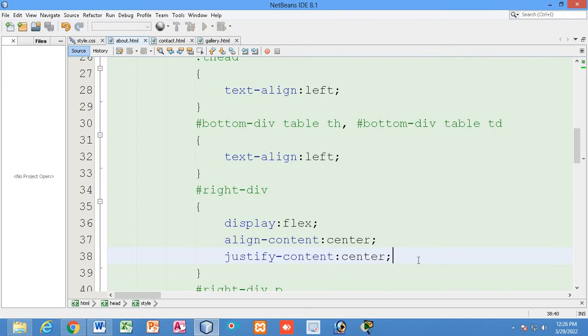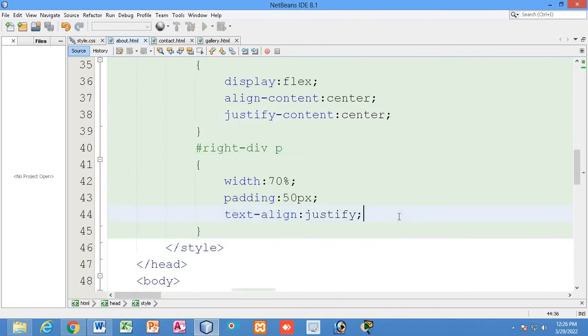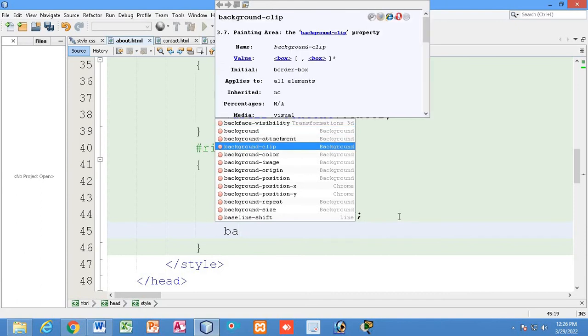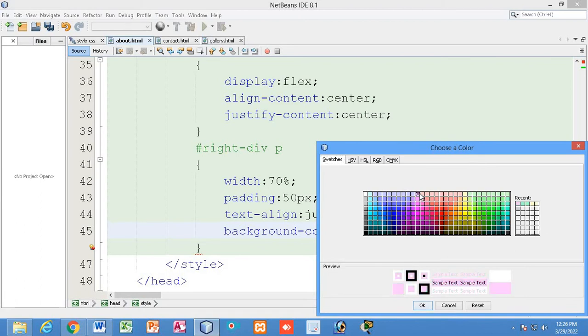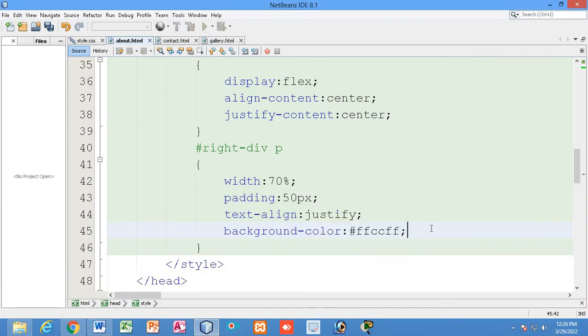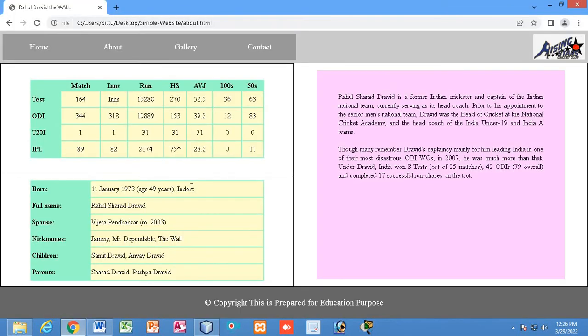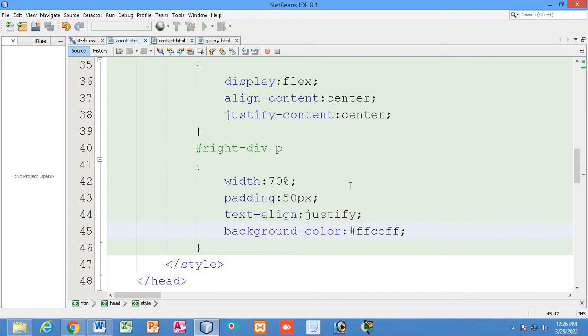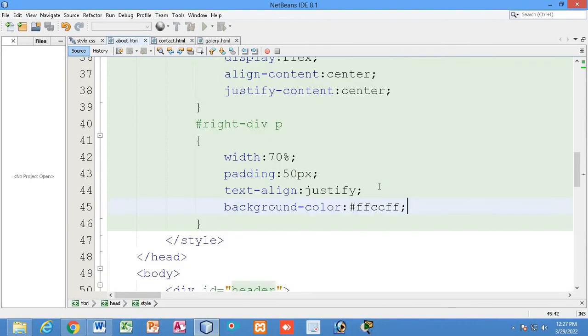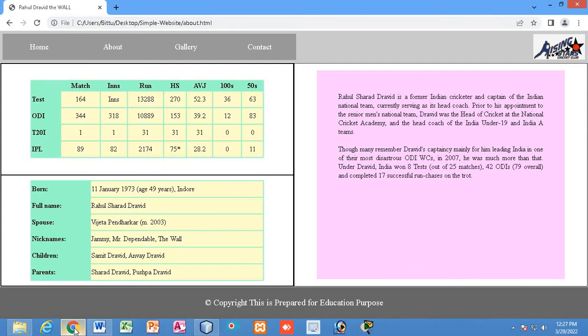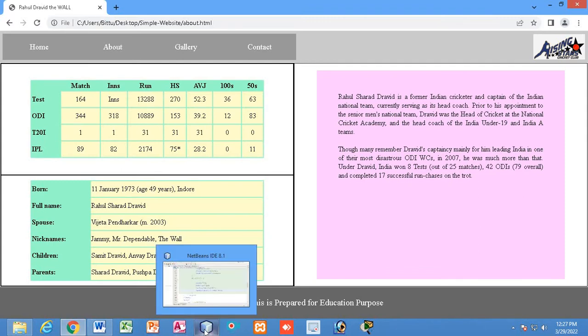So now I will add the background color for the paragraph. Background color I will add, let's say, a very light looking color. So let's see how it appears. Now if I add the background color, this is how it looks, right? So this much height it has occupied, right? So this much height it has occupied. So if I do one thing, if I increase the width,